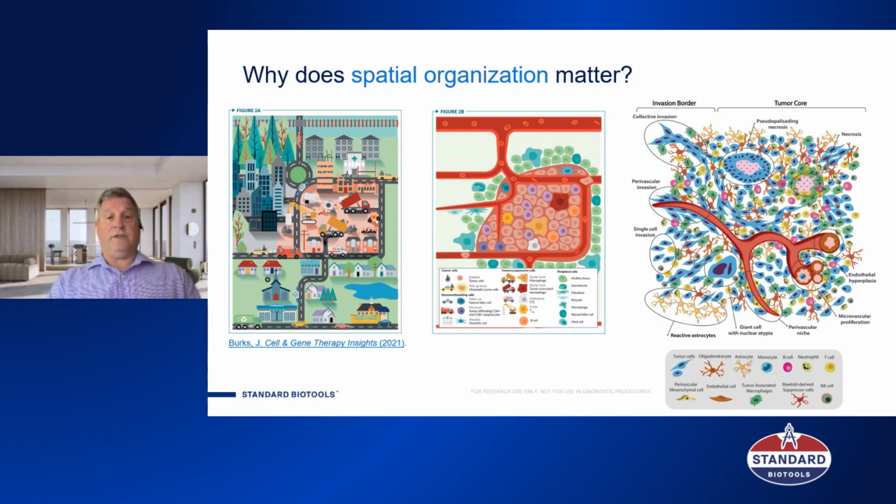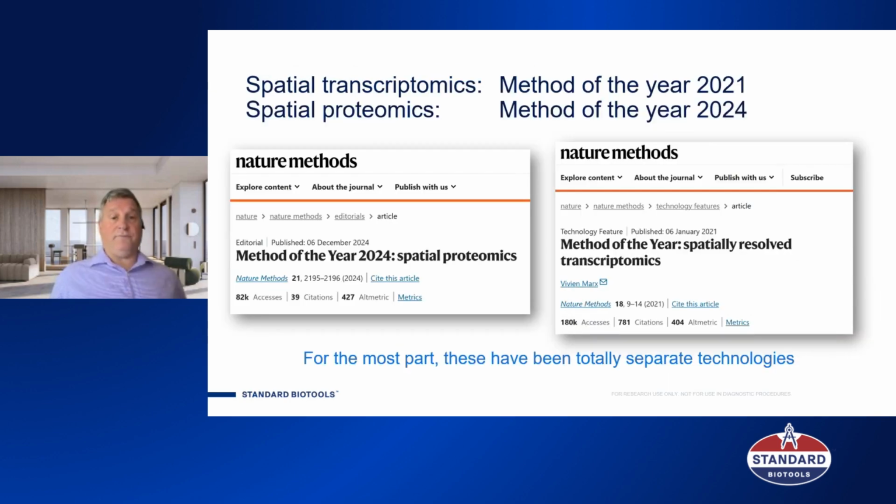And when you look at the little figure on the right, it's out of a textbook and it's lovely, but real tissue is not that way. It's not all colored with beautifully shaped little cells. In order to visualize that in a tissue section, you need to be able to add markers to that, in our case, metal label tags on antibodies or RNA to be able to visualize where all of these things are. And in general, that whole area has led to two different fields of technology development: spatial transcriptomics and spatial